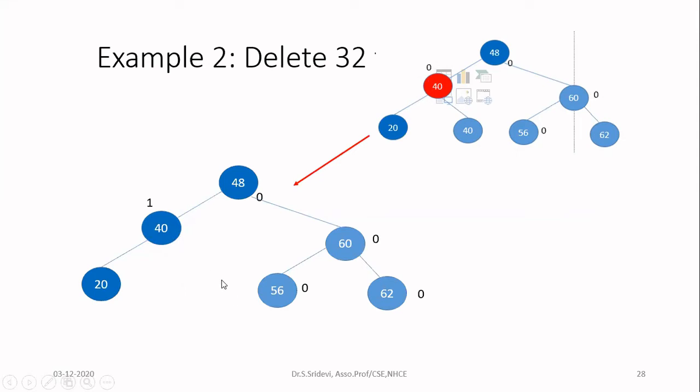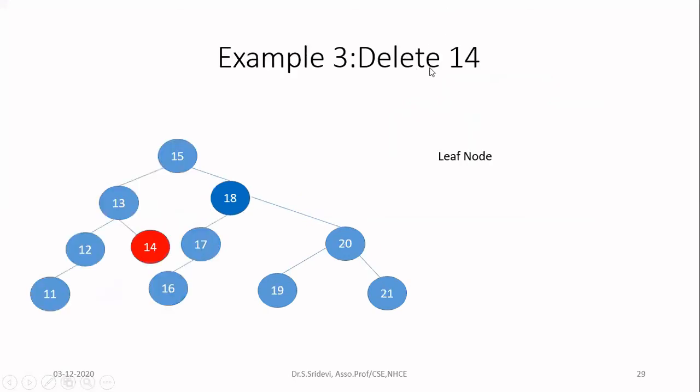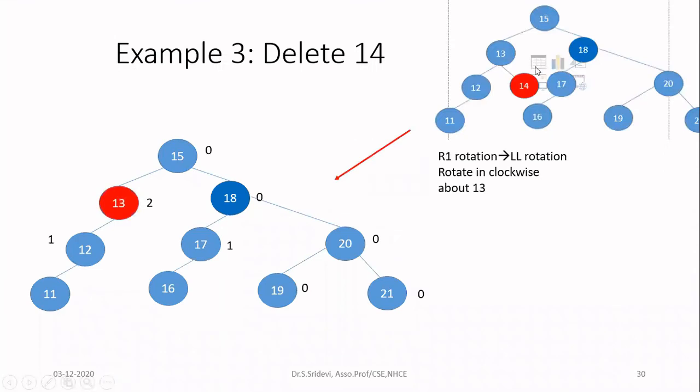Now in this tree, you find out the balance factor of all the nodes because the deletion is over. Here all the nodes are having balance factor in the permitted range. So you can go and proceed with the deletion of the next node. Next, I want to delete 14. 14 is available as a leaf node. So when you delete the leaf node, simply remove it and replace the parent's corresponding link with null. So I am deleting from this direction, that is from the right subtree of 13. So now the right subtree of 13 is replaced with the null. So it is not having any subtree after that.